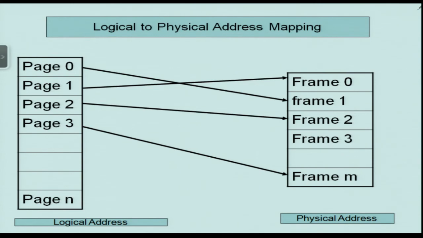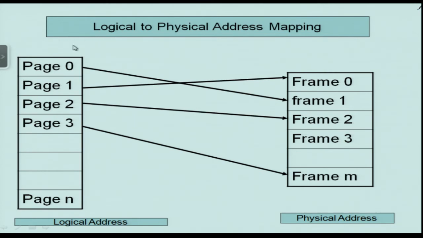As a consequence, we want the user to be able to load a program of the maximum size. We know that the Pentium processor has a 32-bit instruction pointer, so while executing instructions it will generate addresses in the range of 0 to 4G minus 1.